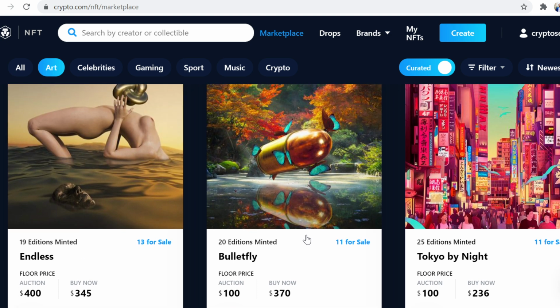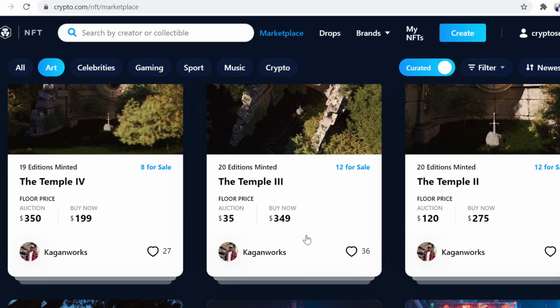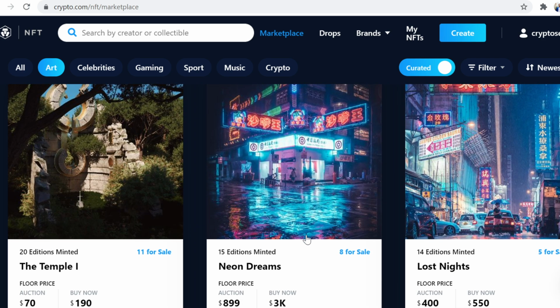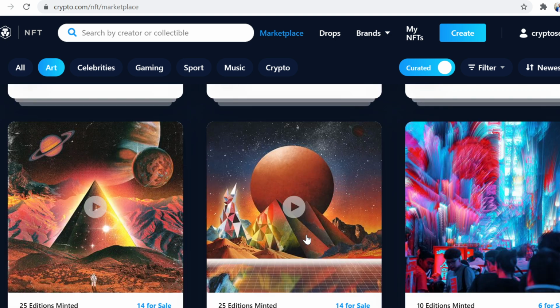Like Tokyo by Night, for example, is looking pretty good right now. That interests me. I like the artwork. And then all these different other ones as well, right? So Lost Nights looks spectacular. Neon Dreams looks really cool as well. So there's a lot of things, right? And then, of course, it comes down to your budget as well and looking to get in and getting the